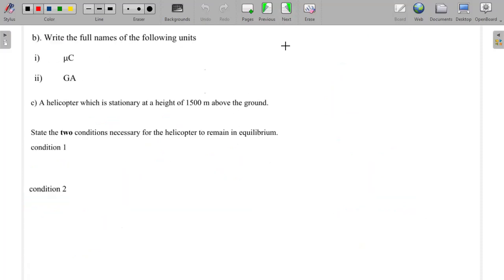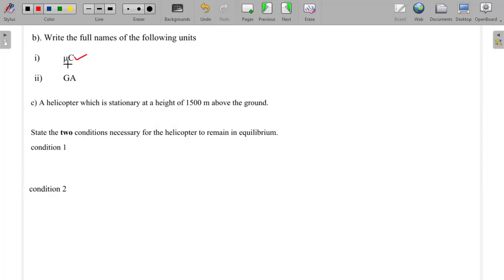Next question is still on units and measurements, and it's saying write the full names of the following units. Write the full names of the following units. Those are basically one of the simplest questions, because we described this when we were talking about units and prefixes. So in this particular case, if you look at unit 1, we would say capital C is used to measure